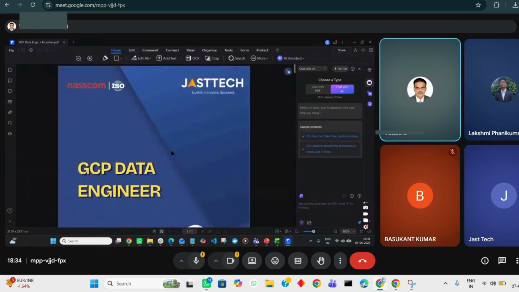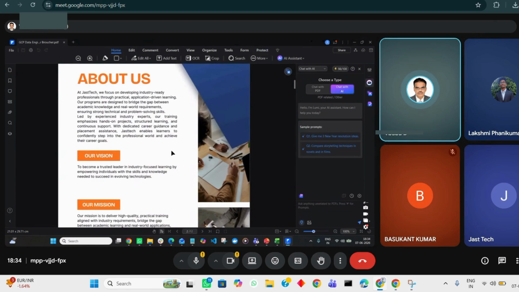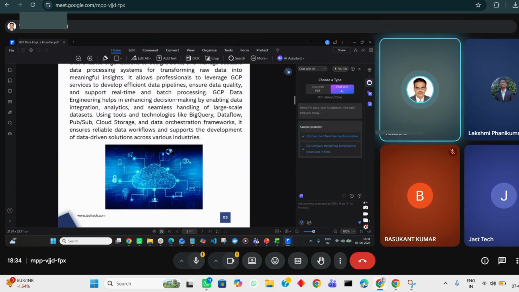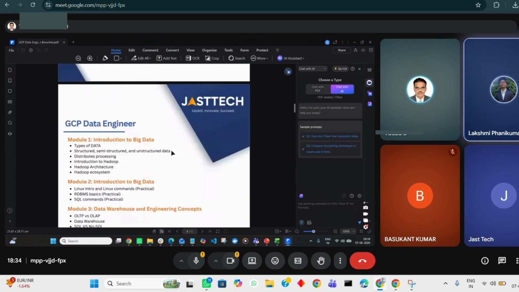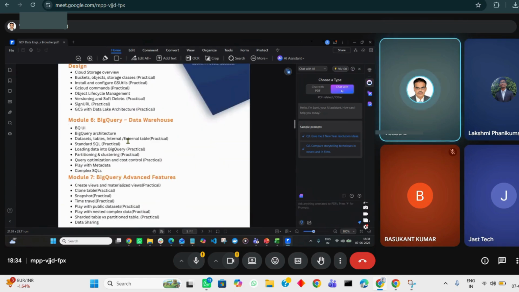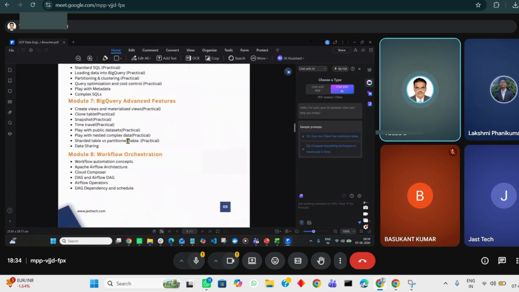This is the data engineering brochure, where it has different modules, both practicals and theory. It's mainly targeted towards the whole end-to-end GCP data engineering program plus exam preparation. At the end, you should be able to confidently face the 2 hour certification exam on GCP. These are the different modules. Here we have something around 15 modules.